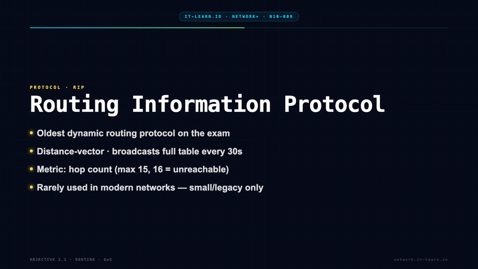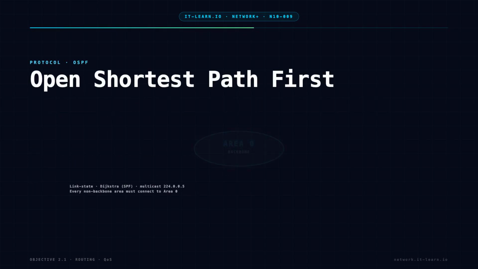BGP, or Border Gateway Protocol, is the protocol that runs the Internet. BGP is a path vector protocol used to exchange routing information between different autonomous systems. An autonomous system is a collection of networks under a single administrative control, such as an Internet service provider or